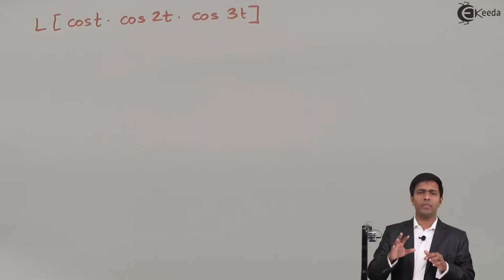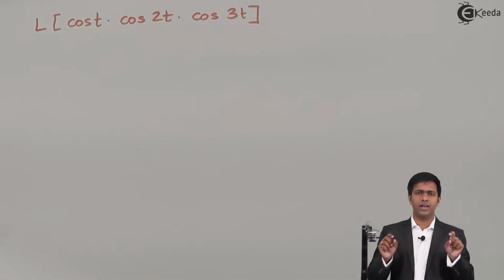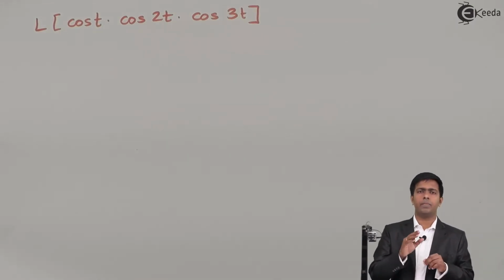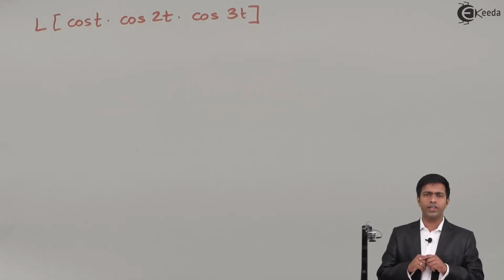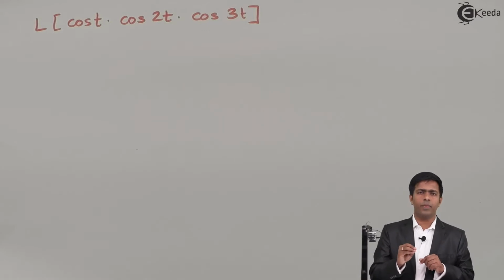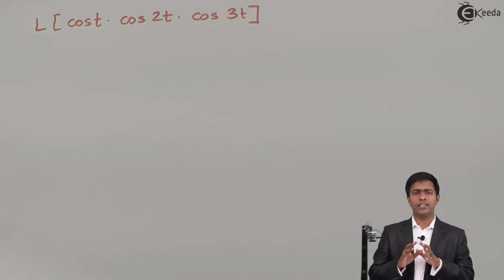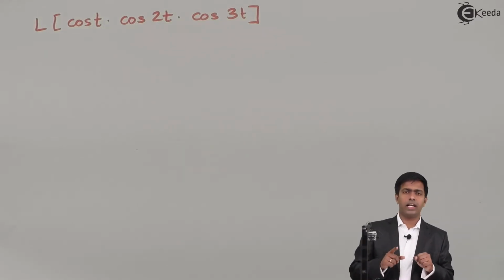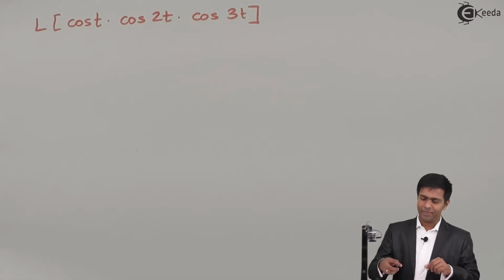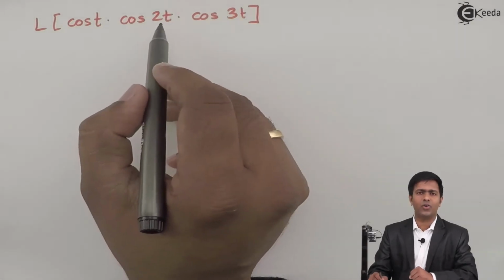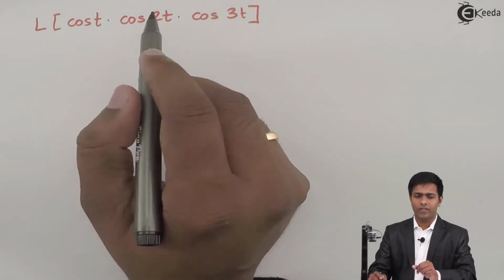So my first job is to convert these three terms in such a way that I'll get plus or minus sign in between. So for that, we'll apply the formulas of trigonometry and we'll separate it. So for that I'll use the formulas of factorization. So see here we have a term cos t into cos 2t. So for that we'll use one formula.